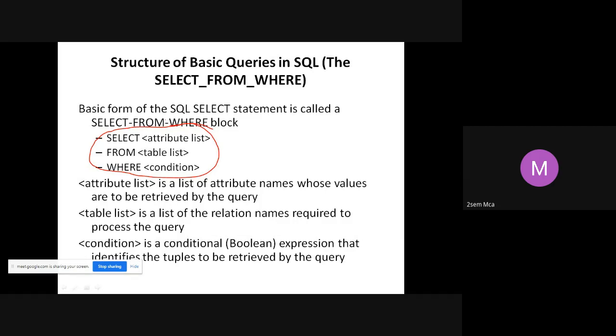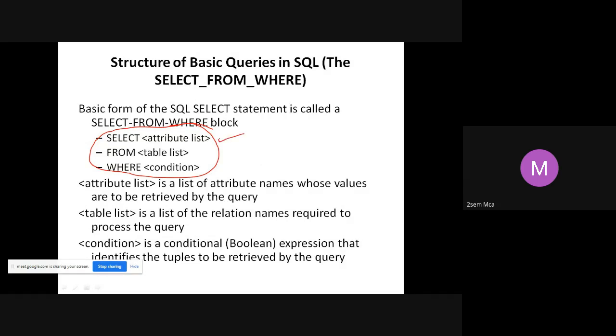Can we have a select statement without where? Yes, ma'am. Can we have a select statement without from? No, ma'am. So the attribute list is obviously all the attributes that you want to display.